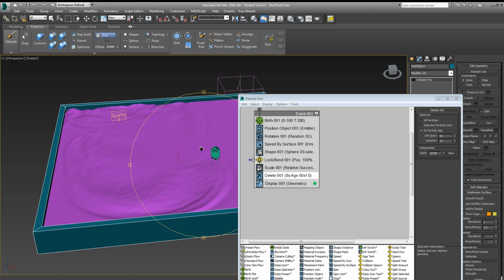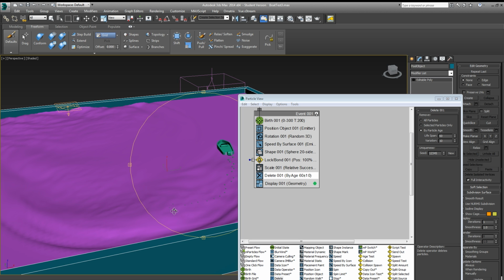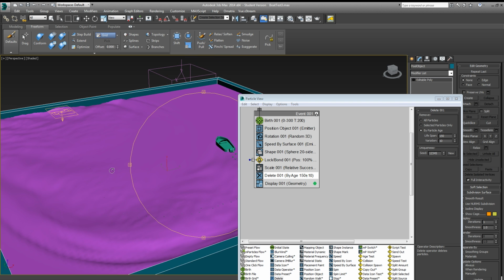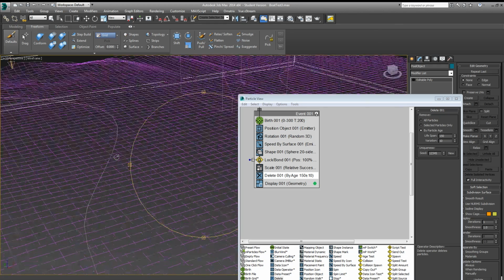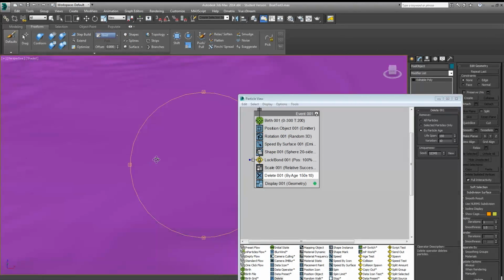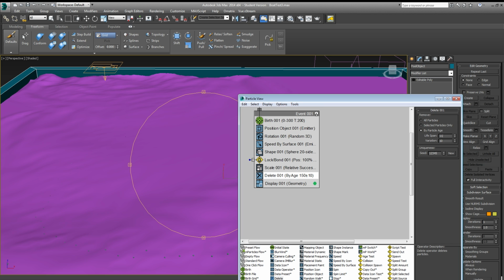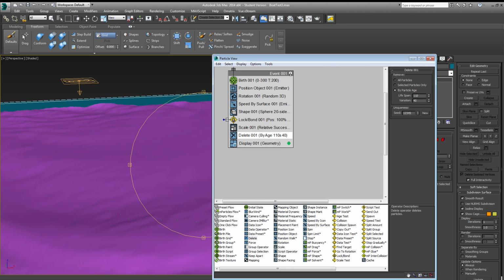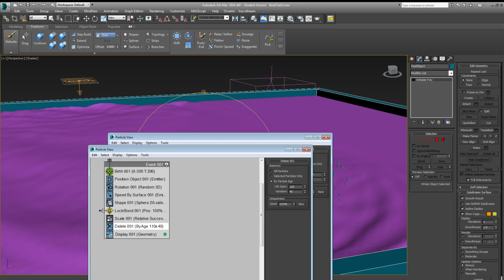and we'll give that a lifespan of, say, 60 is deleting them right about there. Let's try 150 for half of our simulation. So that's giving us quite a bit. I'm going to bring this back down to, say, 110. Try that again. And we'll try our variation at, I don't know, 40. A little bit of trial and error, a little bit of back and forth, but I think that that's looking pretty good